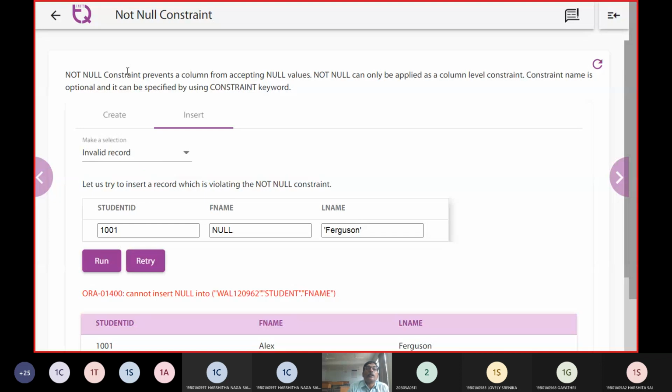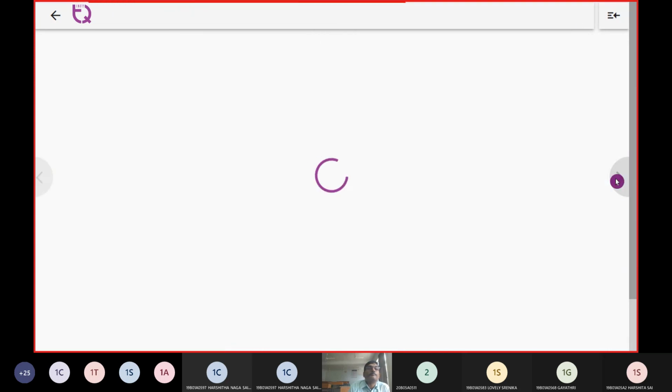So in this model, we are looking back at the not null constraint. The not null constraint prevents a column from accepting null values, but you are still giving null. So obviously this is where not null is playing a major role.